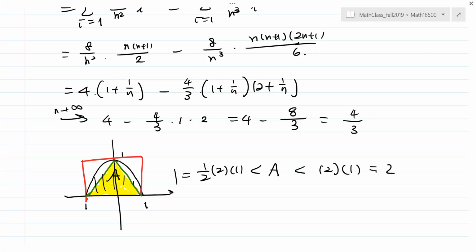Okay, so the area of this parabola, we never learned this formula, because we are not going to give a formula, because there are so many different types of parabola, right? So you cannot give